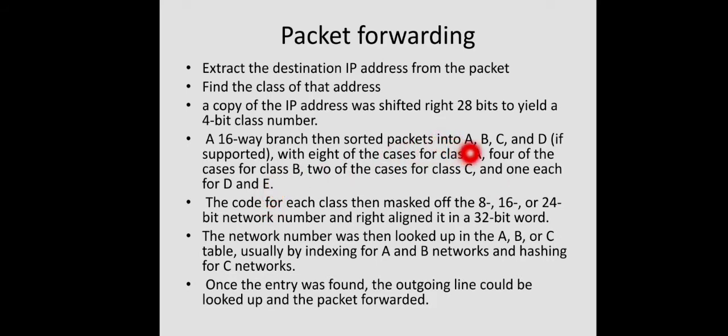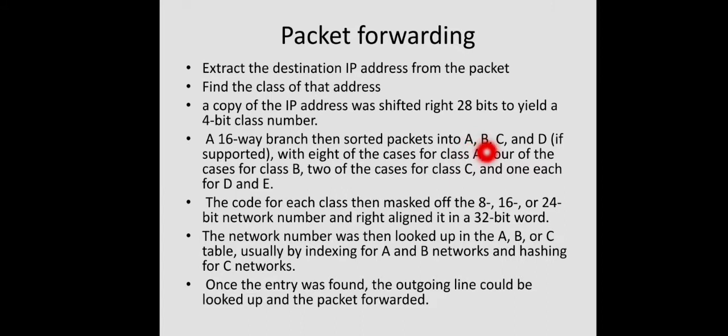That means if the first bit itself is 0, whatever may be the remaining 3 bits, it will be class A, right? So 8 different combinations will be there corresponding to this class A. It can be 0000, then 0001, like that. First bit is 0, the next 3 bits any combination, that is class A. So 8 different possibilities are there for class A.